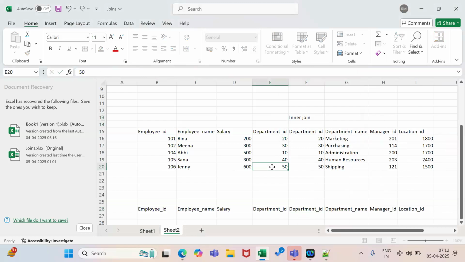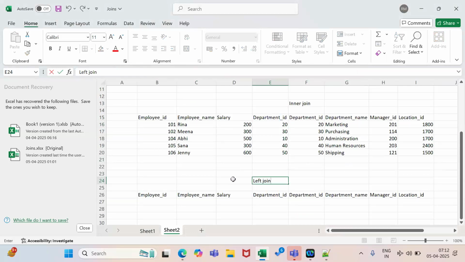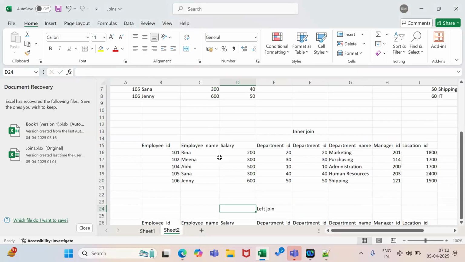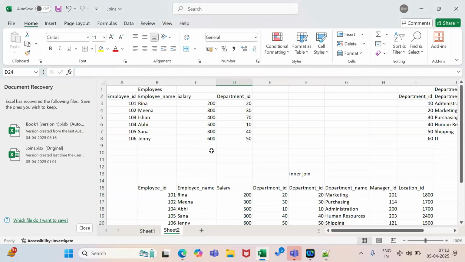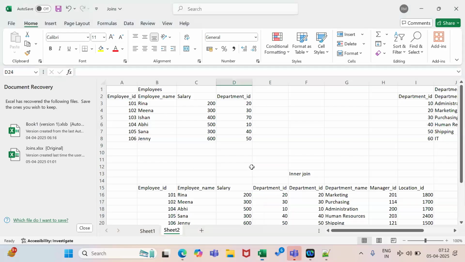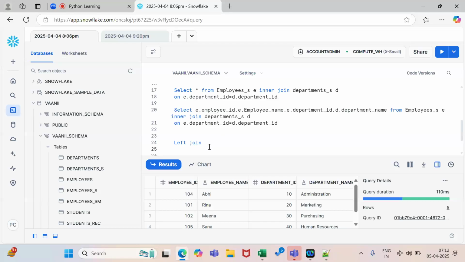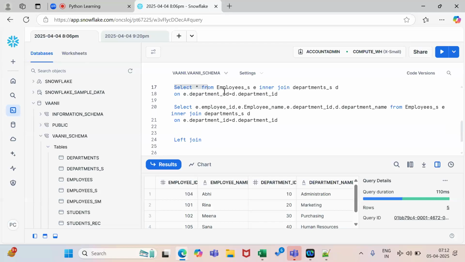Now left join means whichever table we are taking as the left table, all the data, matching and non-matching, should come from there, from the left table, and only matching data should come from the right table. So how are we going to do it? Let me just write it here. Okay, just copying the same.